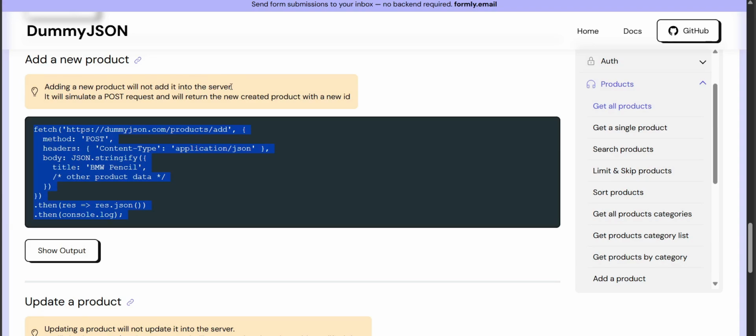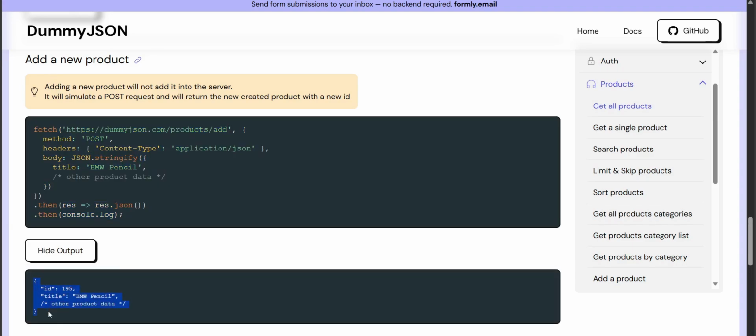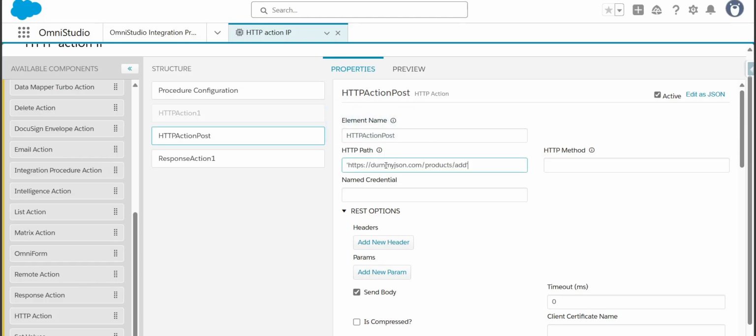request, this product details will not be added to the server directly, so it will just provide a mock response as the product got created, and it will provide some sort of product ID. So this would be the response. So let me use the endpoint,